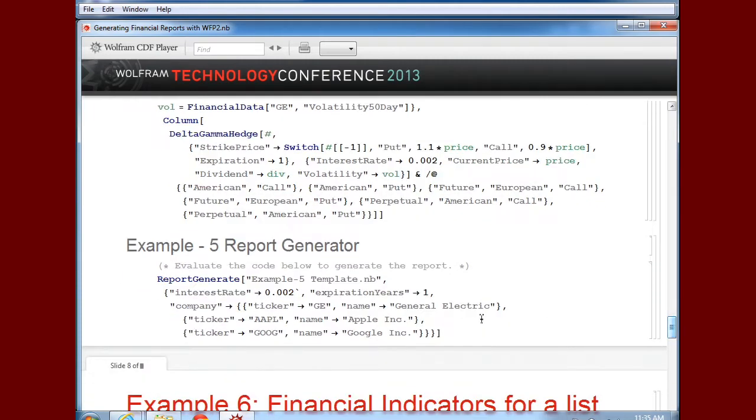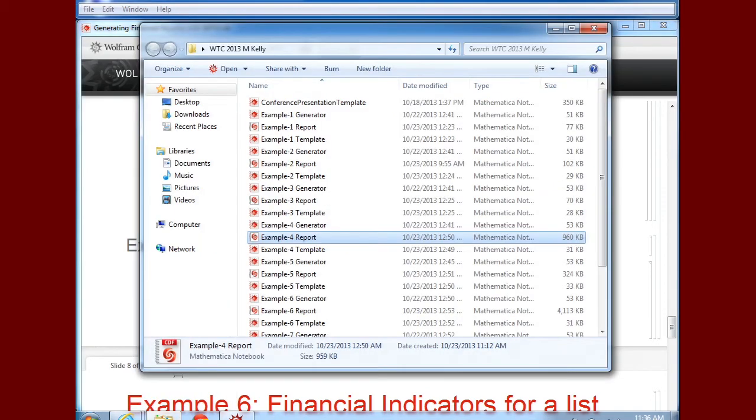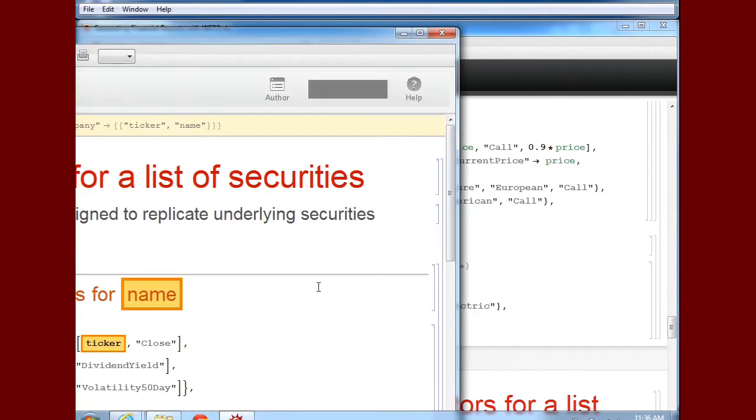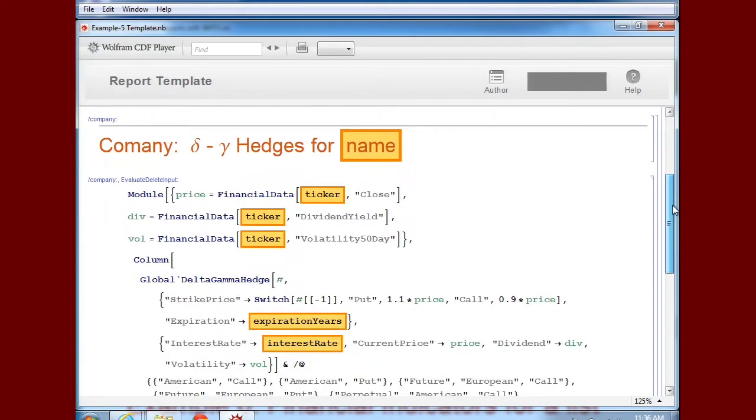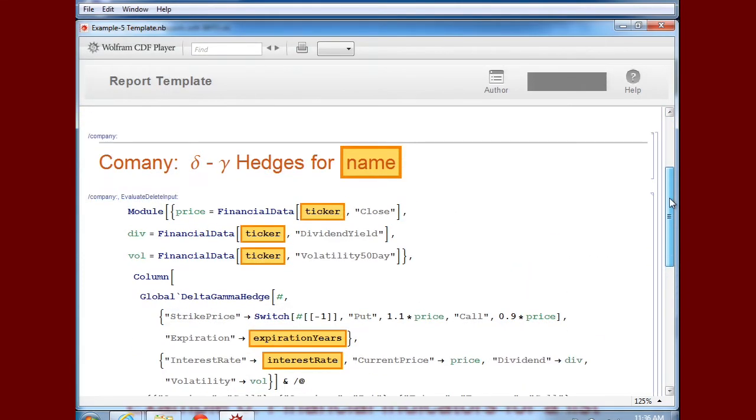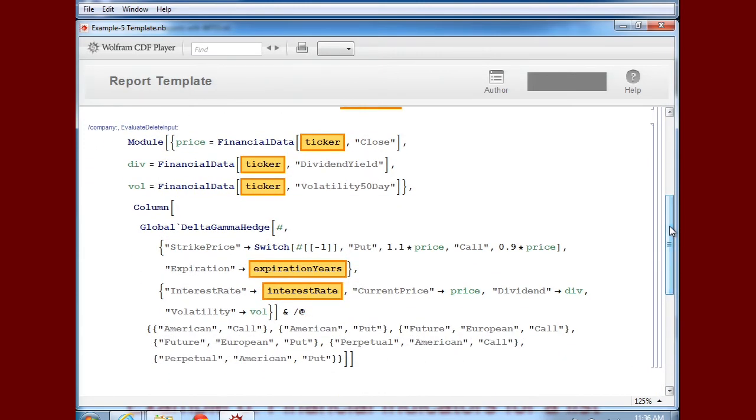When I want to generate it, let's first look at the code again, the template. Okay, so this is number 5. We need to look at the template. And here we can see the schema again. Again, I've got this idea that for each company, we're going to have a class of companies. So this will be a template group. Everything else is going to be template variables. Ticker and name are associated or tagged to the template group. And I now substitute in all of these, replace them by each of these symbols. And when I run the thing,